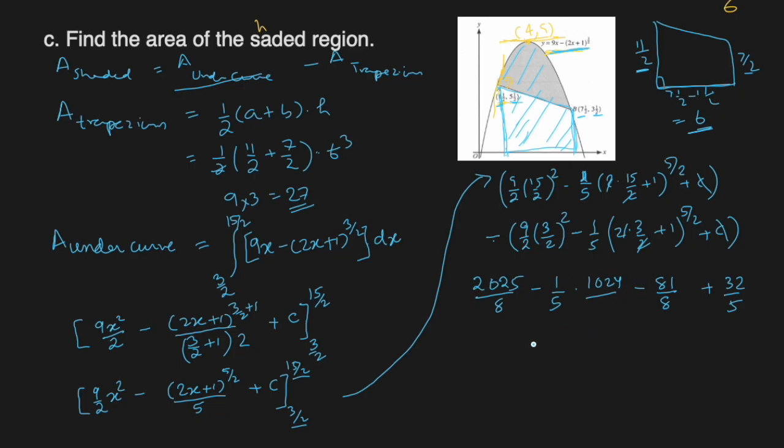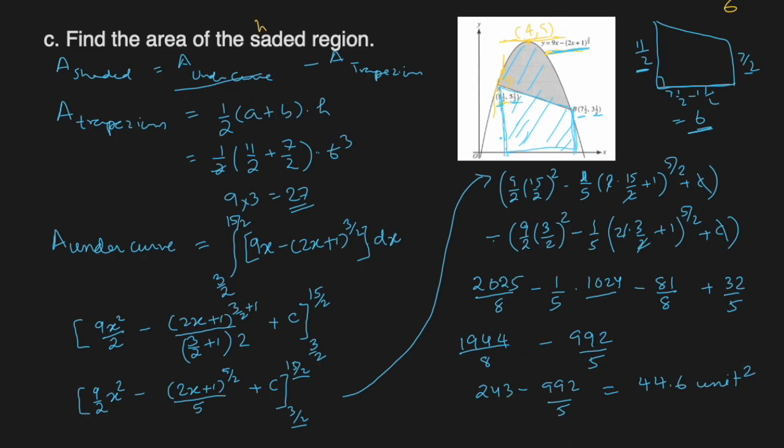So this minus this will give me 8 minus this will be how much? 32. So 24, 8, 992 over 5. So 243 minus 992 over 5 gives me 44.6 units